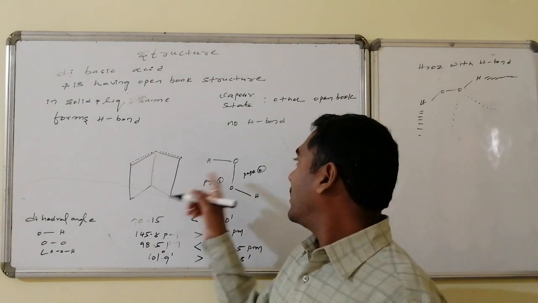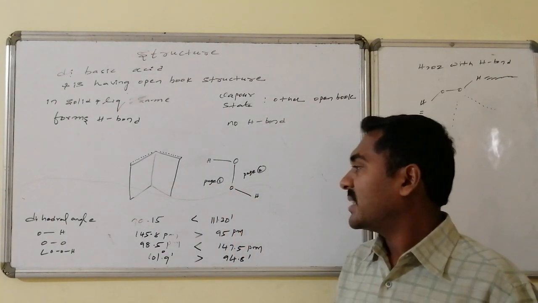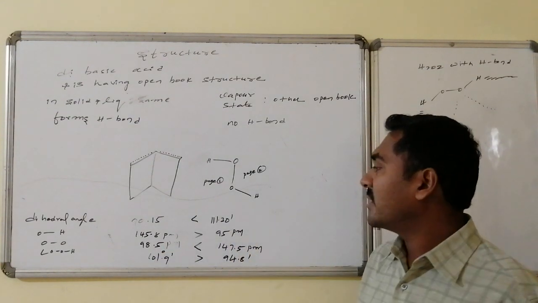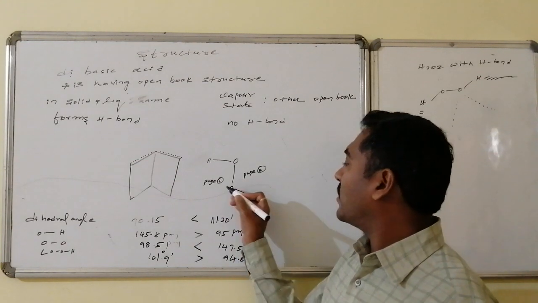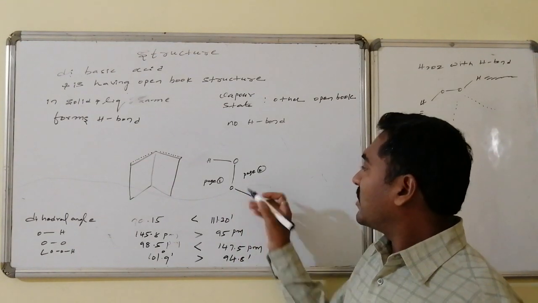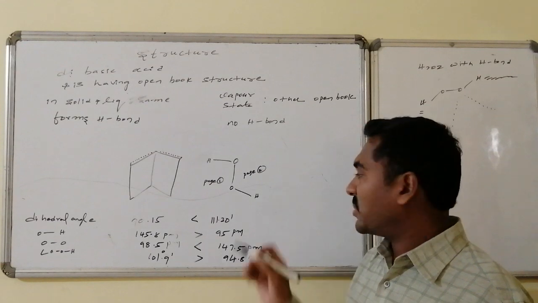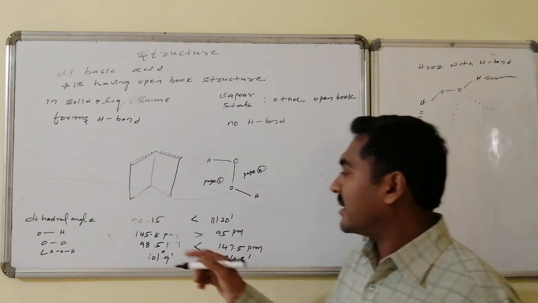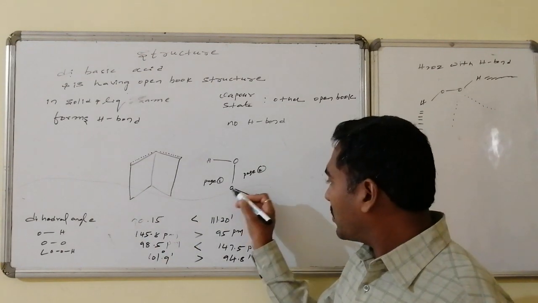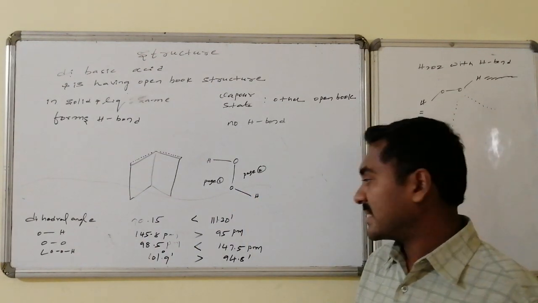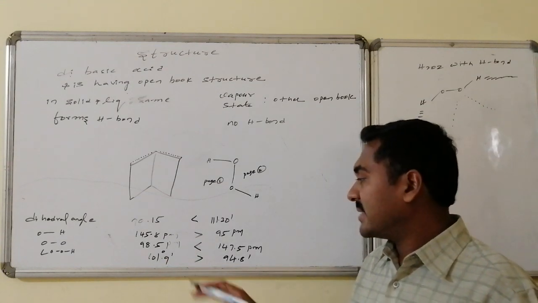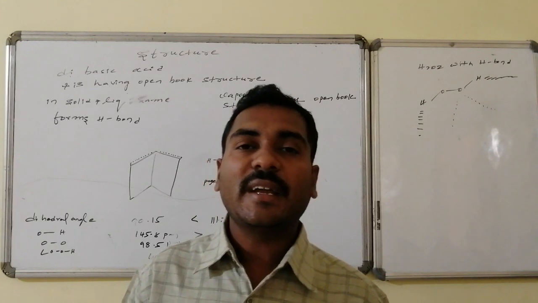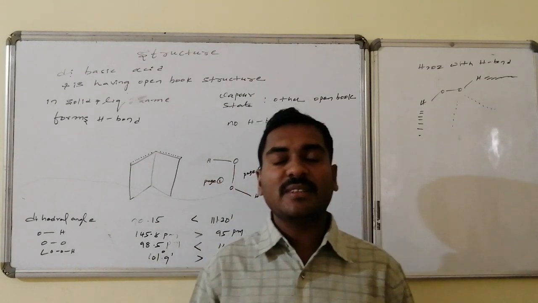And the last one is the oxygen-H bond angle. This angle is higher in the solid structure compared to the vapor state, because here lone pair repulsions are there. Similarly, this O and H distance is also small. Whereas in these hydrogen bonding structures, the lone pair repulsions are decreased to a certain extent, hence the bond angle will be somewhat higher, that is 101, and here it is found to be 94 degrees 8 minutes. Such are the structural features.